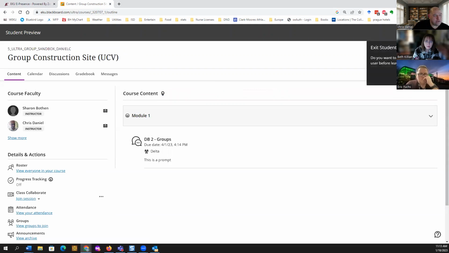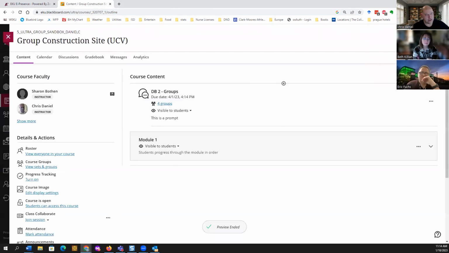If you exit out, you have the option to discard all of that progress or to save it. So if you just want to muck about and not save anything that pretend student did, you can just say discard. If you want to save it and look at it later, you can just hit save. I think that's a useful feature if you're doing some testing when you first start launching a course.